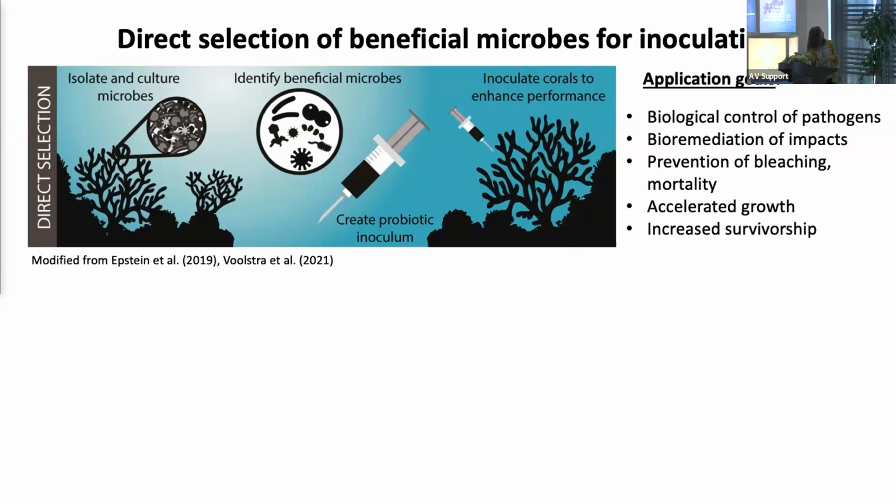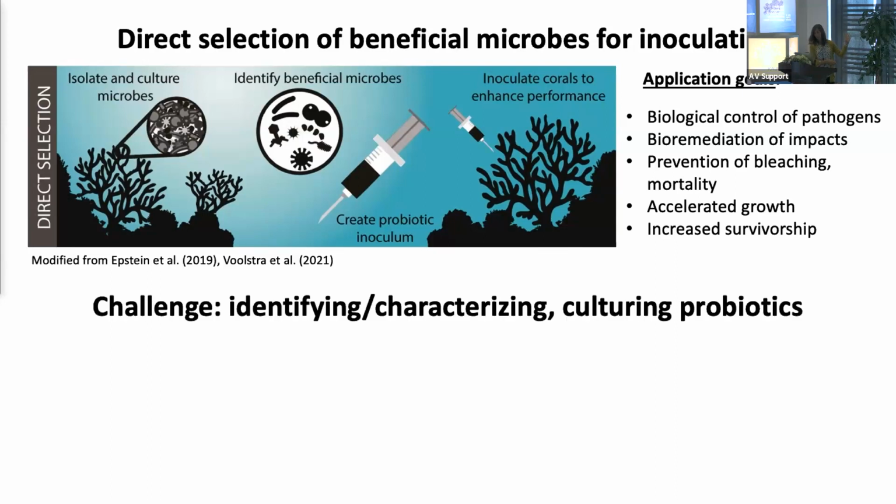You could go to a coral colony and isolate and culture some of the microorganisms that live in it, try to identify and pull out ones that are beneficial for the coral and grow those, and then make a probiotic inoculum and add that to corals on the reef to increase thermal tolerance or health, et cetera. And so there are all these different application goals, including perhaps accelerating growth of the colony, increasing survivorship, et cetera. And this is really important,